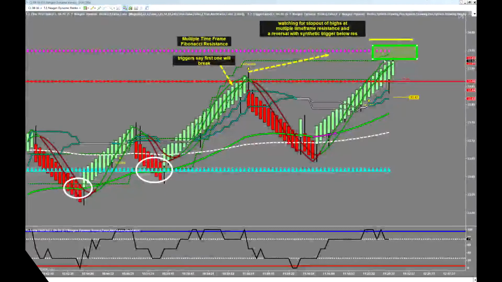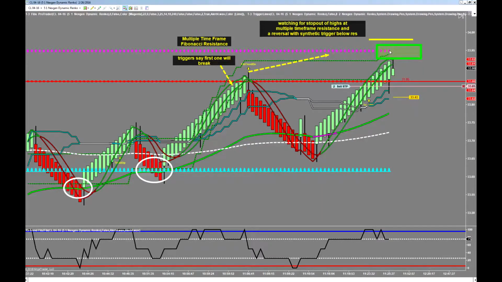Okay, so we're trading up into resistance, right? We've already seen a couple instances of stopping out the highs. As we trade up into this second resistance, you'll see sometimes they'll hit the bottom side of the first resistance, right? And trigger lines are pretty strong here, so we didn't really anticipate this kind of down move. Usually they'll bounce down, and you'll see this pattern hundreds and hundreds of times where you'll hit the bottom of a multiple time frame resistance,